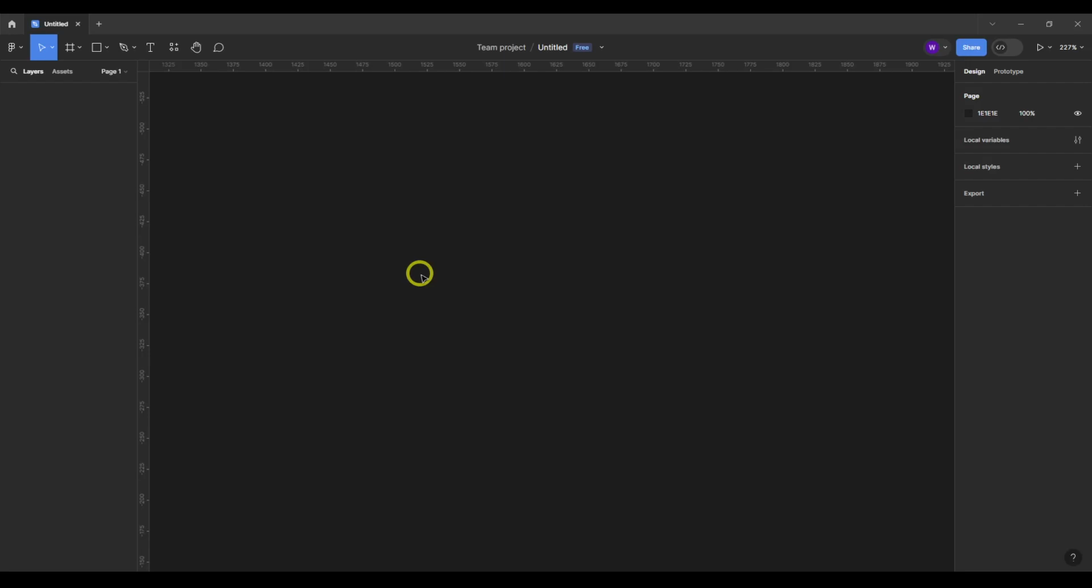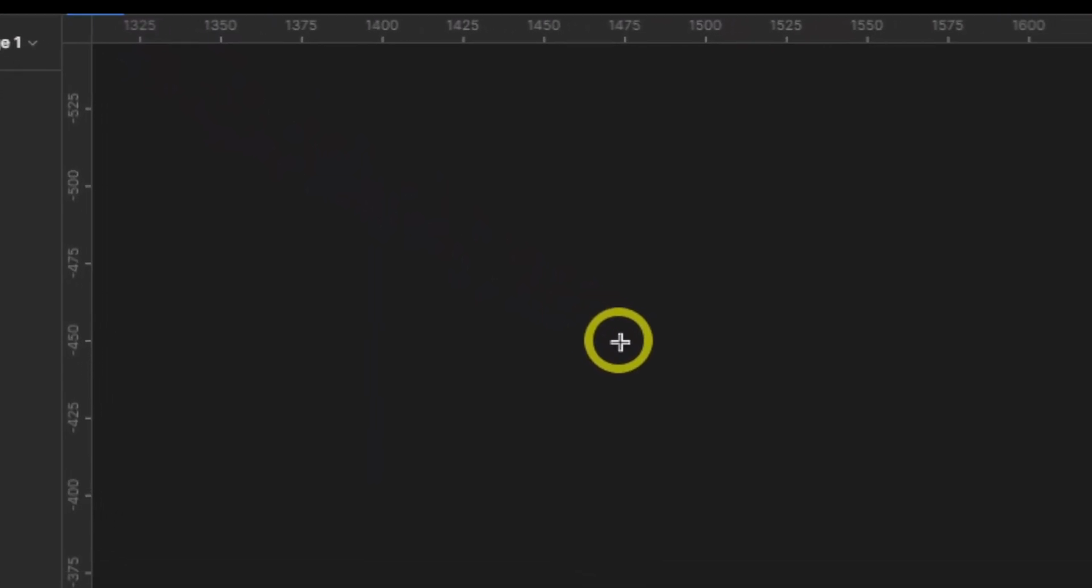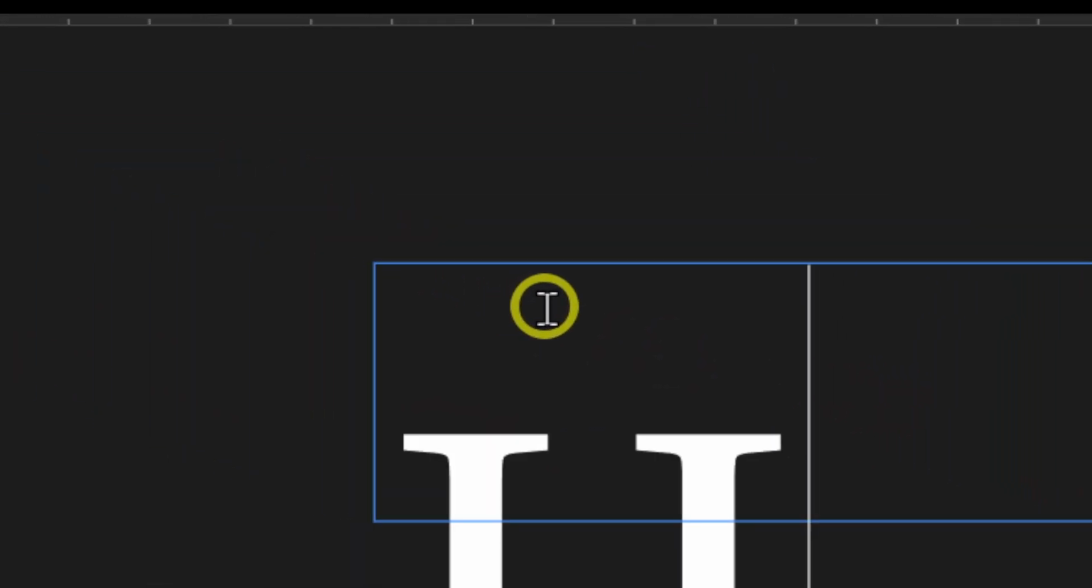In this Figma tutorial, I'm going to show you how to change the color. So let's jump right into this video without wasting any second. So what you have to do, let's click on here, text, press T as well, add text,